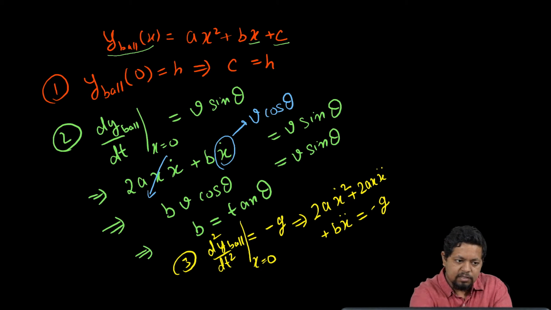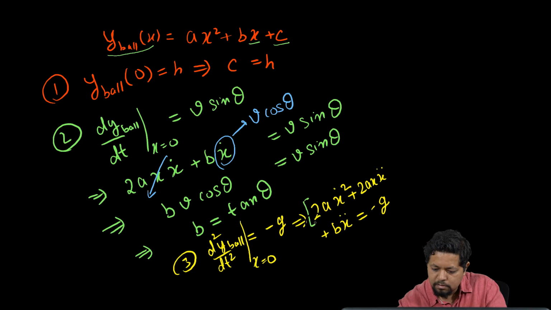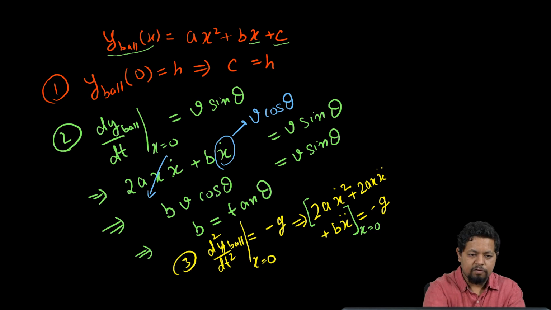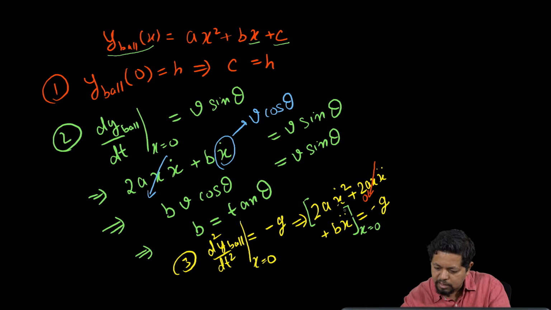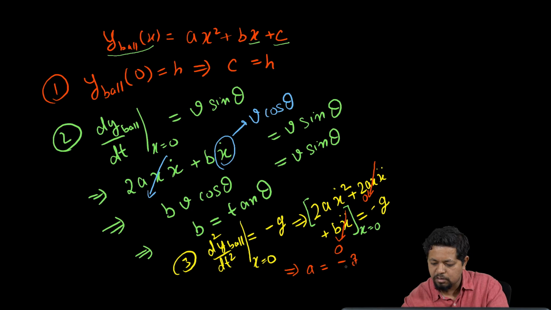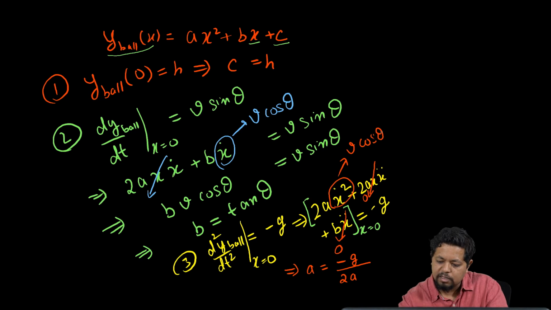Evaluating the left hand side at x equal to 0 simplifies a few things. First of all, this term vanishes. Then also, because x double dot is always 0, there is no acceleration in the x direction, so this term is 0, and I am left with a equal to minus g divided by 2a x dot square evaluated at x equal to 0. X dot at that time is v cosine theta, so I get